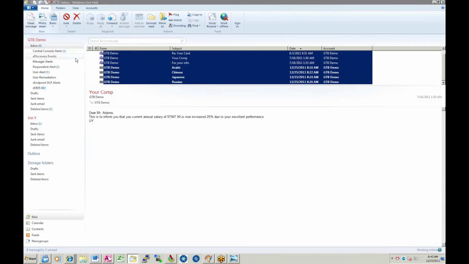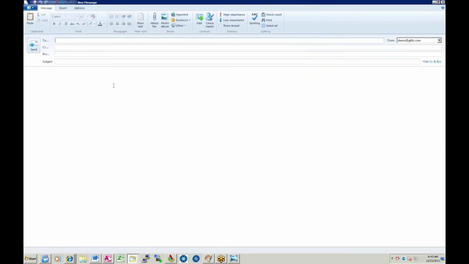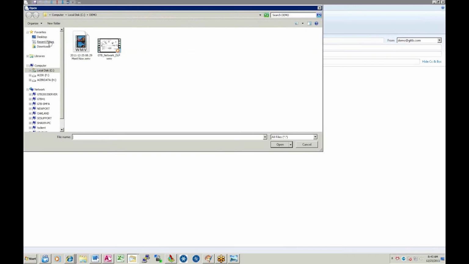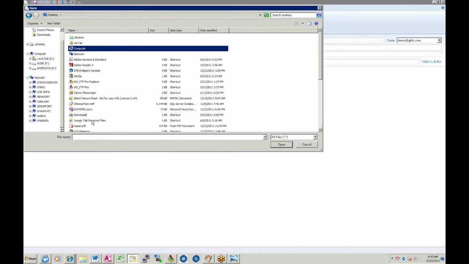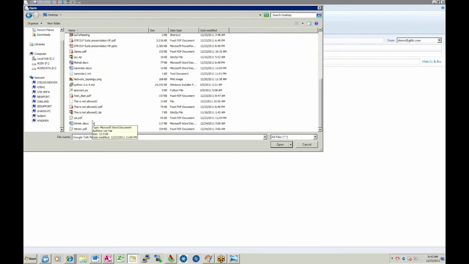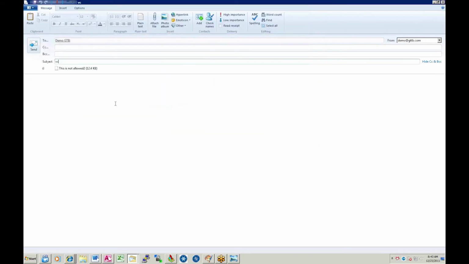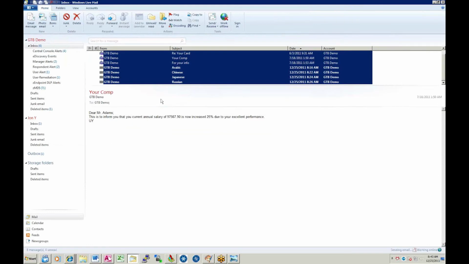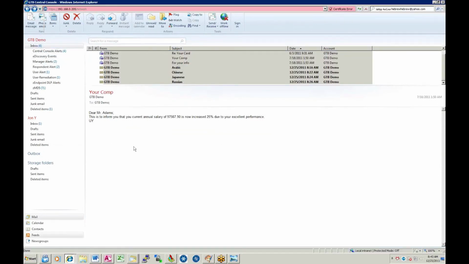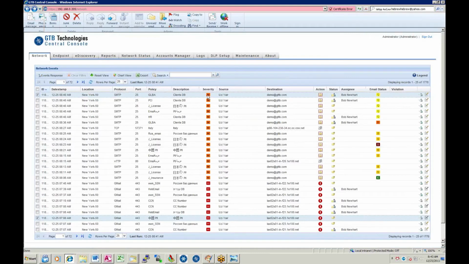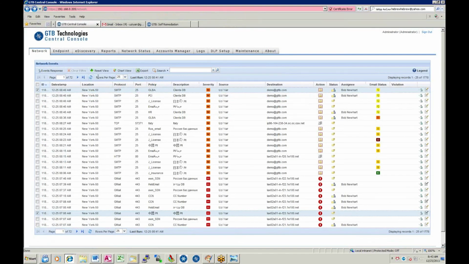In this case, I will attach the file, but what will happen is the email will be quarantined, and only security administrators could release such an email. The user can get an alert about it, but he will not be able to release it by himself. Naturally, high severity violations may be a real problem, so you don't want users to remediate. Only administrators could remediate. Going over to the console, we will see that we have a high severity violation over here,